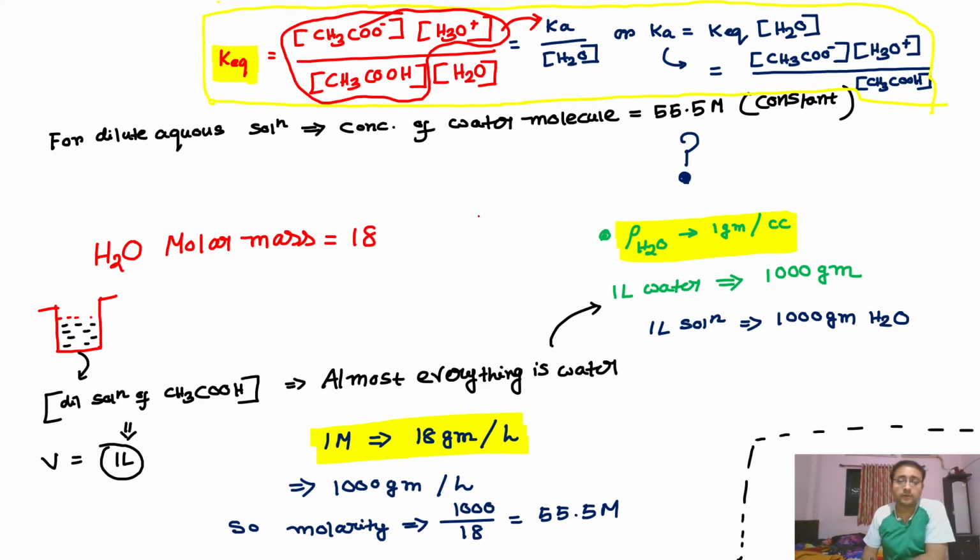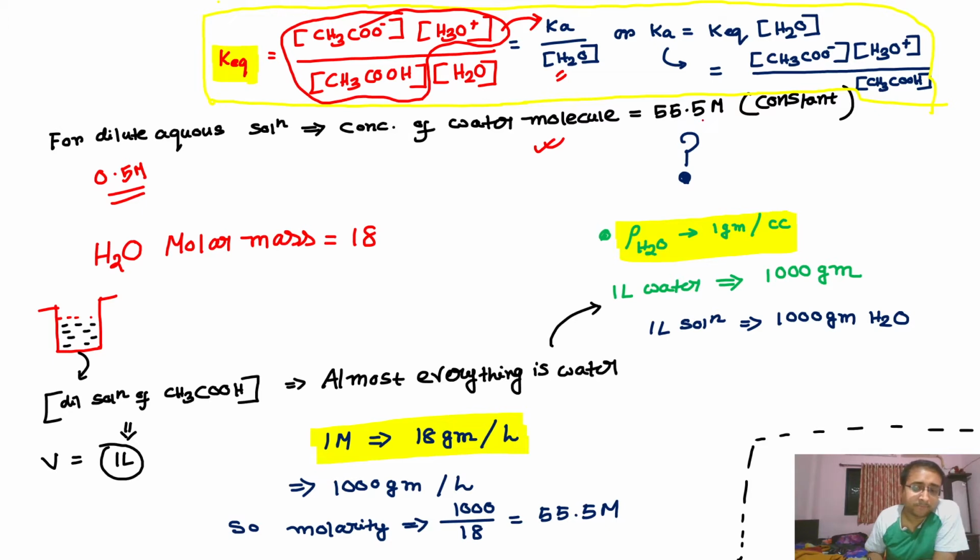One thing you have to remember is that for a dilute aqueous solution, here in the case of acetic acid, where the concentration is only 0.5 molar, the solution is mostly in the diluted state. In this situation, we can say that the concentration of the water molecule, that is this one, will be equal to